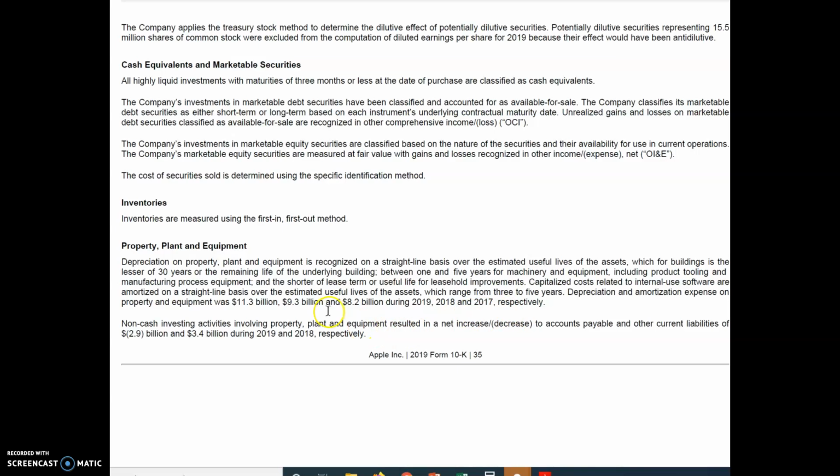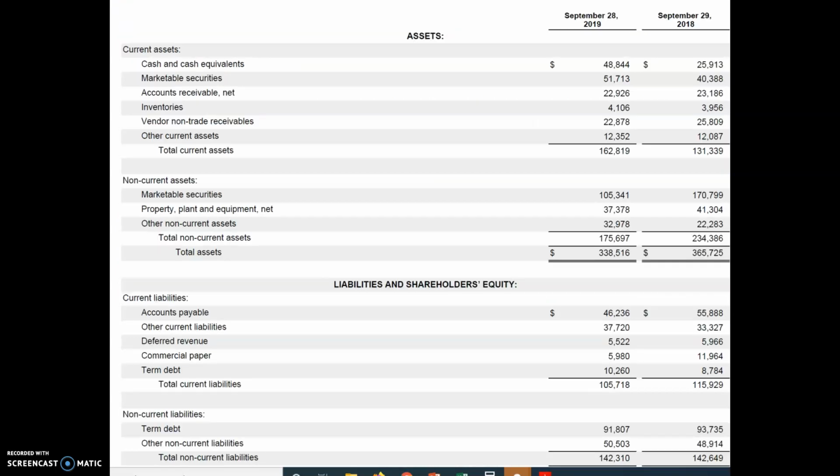So they're not showing how they got the book value on the face of their financial statements. They explain the detail in the notes to the financial statements. Okay, so they added together then their current assets and their long-term assets, and that's how they got their total